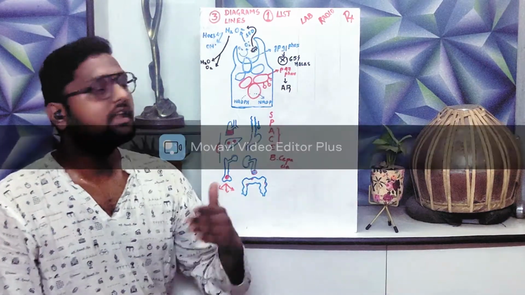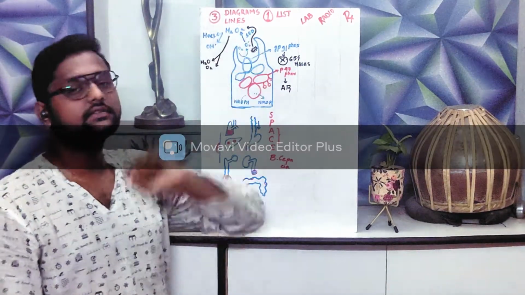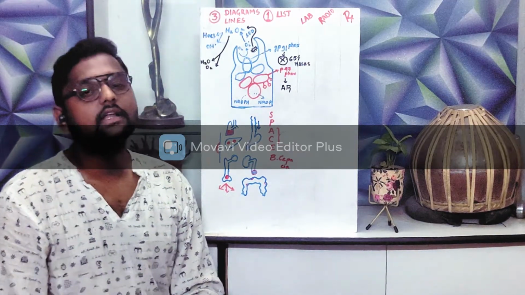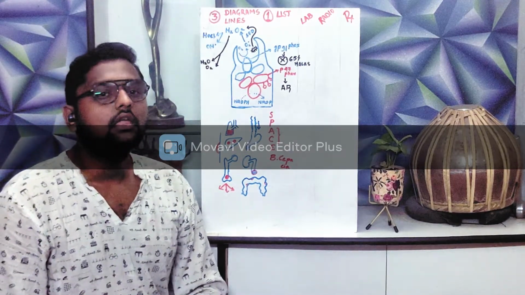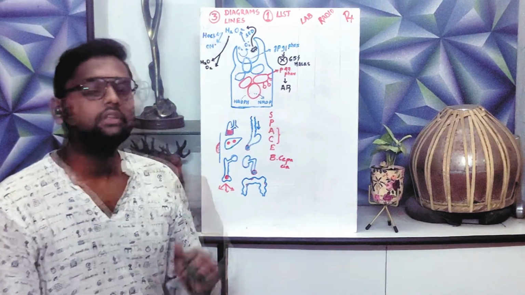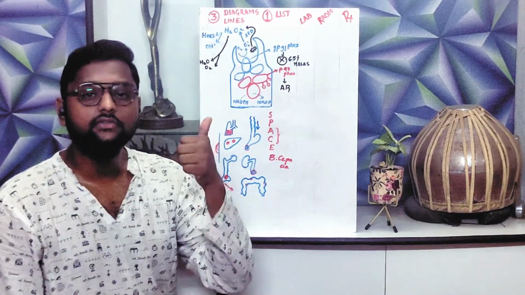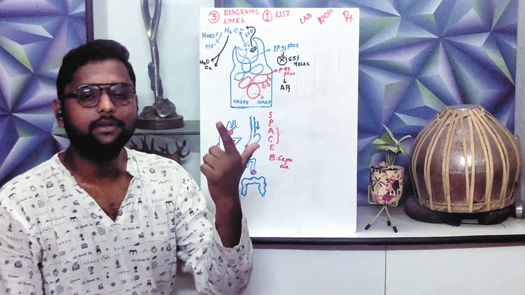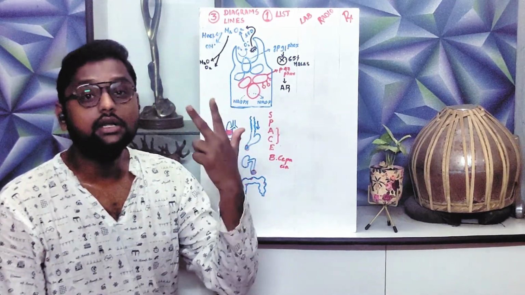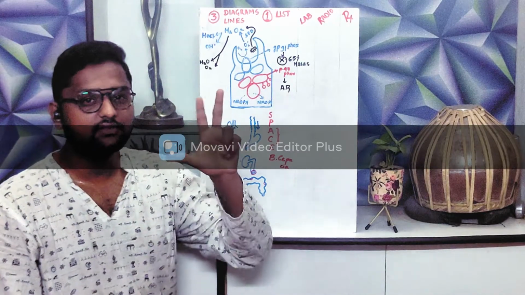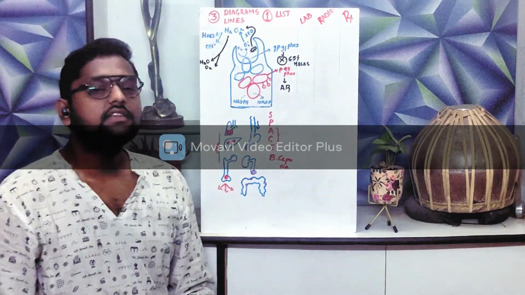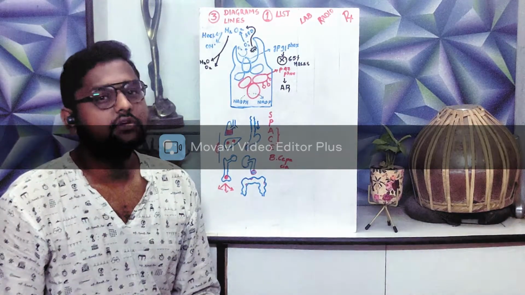Now what we have left is the three lines that we are supposed to see. The three lines that I want you to remember in CGD are number one, flow cytometry, number two, hematopoietic stem cell transplantation, number three, interferon gamma. These are the three things that I want you to remember in CGD. Now let us see how the lab diagnosis of the disease is.